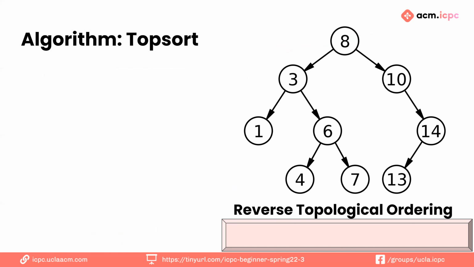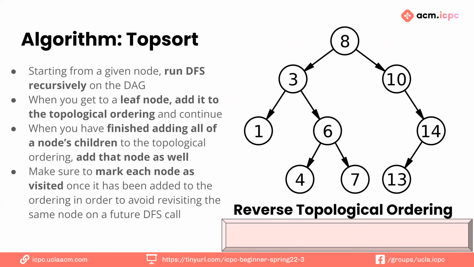If you think about it, if we start from the root, we want to have everything it's pointing to come after it. Or I guess in this case, we're doing a reverse topological sort. So we want everything it's pointing to come before it. Then we probably want to look at what it's pointing to. The same thing there. And since one doesn't point to anything, we can safely put it at the very beginning